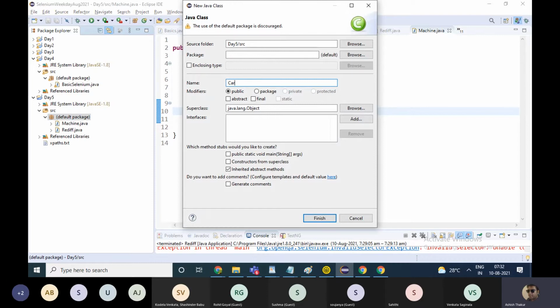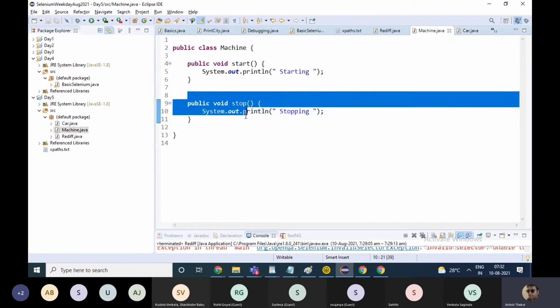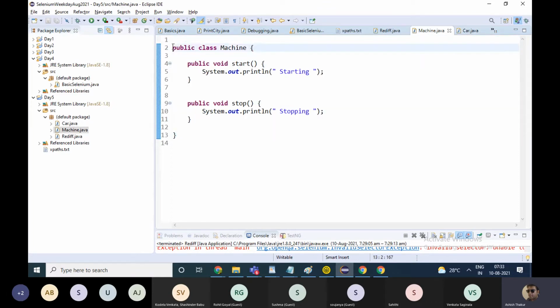say, car class. Now, car is a machine. When you speak the English language and there is a relationship of type "is a", inheritance is used. Car is a machine. So basically that means whatever features the machine class has, they will be there in the car class.